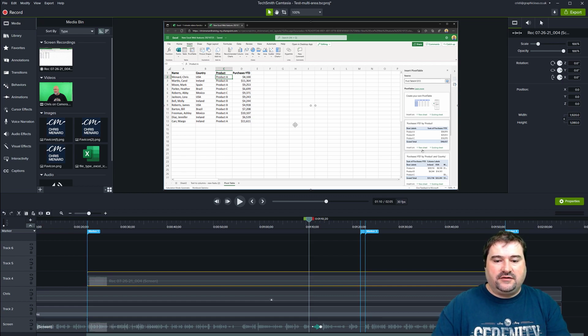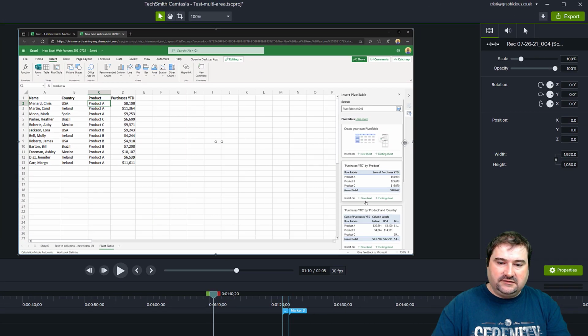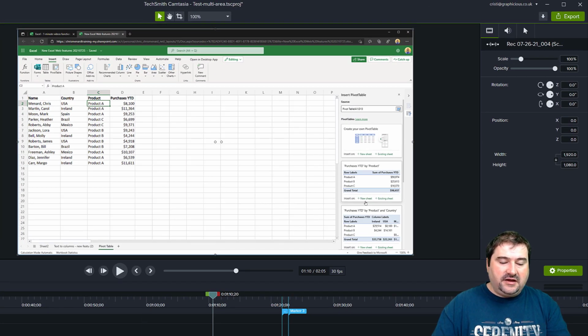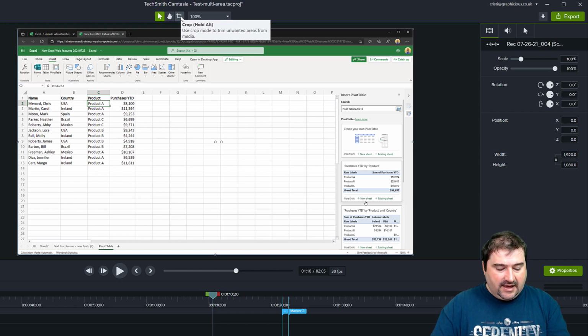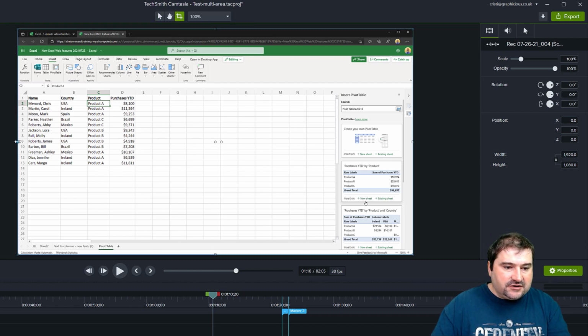What I want to show you now is I want to keep this area on the right on the copy clip, and on the main clip it's just going to proceed as usual with the part on the left, right? So on the copy of the clip, I want to crop that clip just to the area that I need. To crop the clip, you select it and you go into crop mode at the top here, or you can hold down the Alt key and drag the edges of the clip like this. You see the border of the clip becomes blue, and you can just drag these and crop the video.